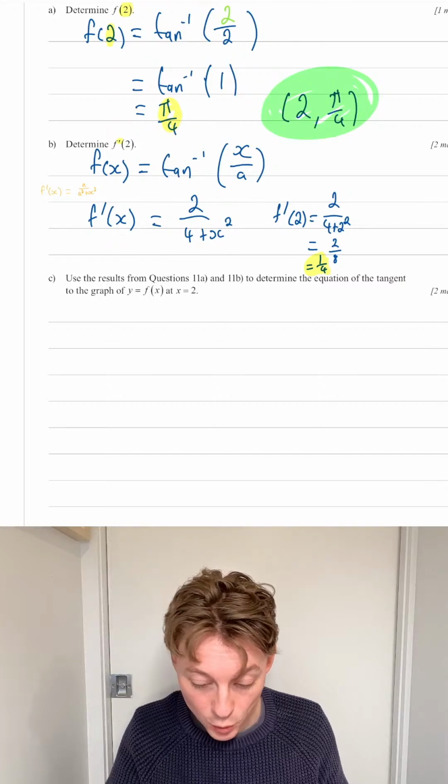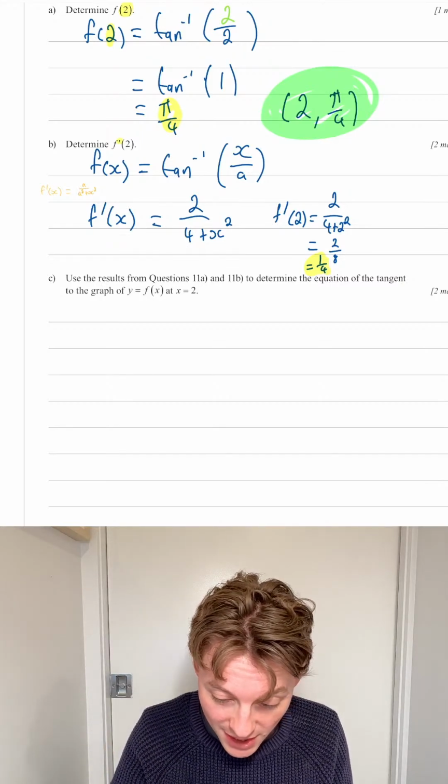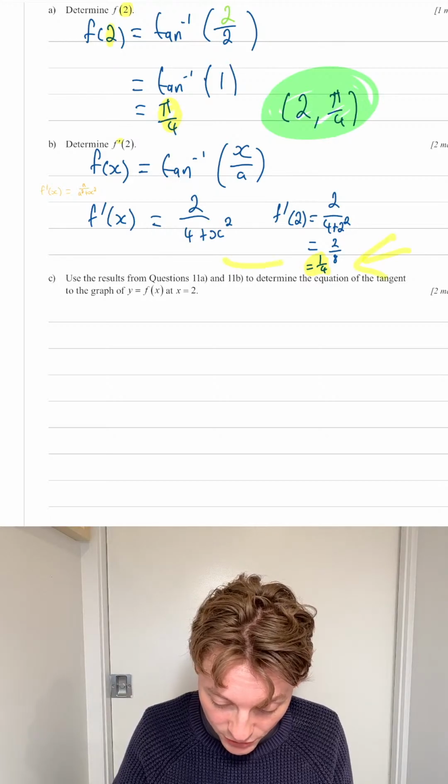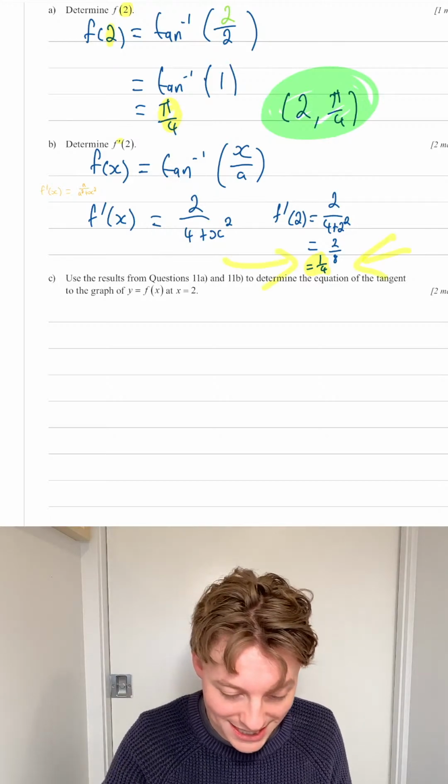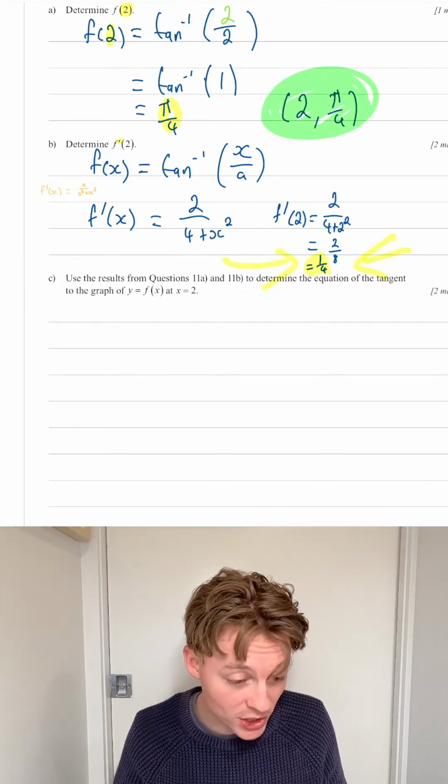So, coordinate point, that's the big thing I've highlighted in green. Gradient, that is the thing I've highlighted in yellow. I'm going to draw a big arrow to it. There's our gradient at x equals 2. Or my gradient when x equals 2. So, to find my equation of a straight line,